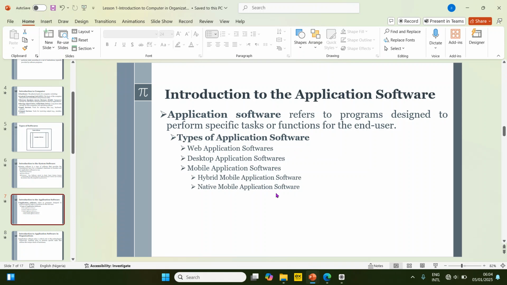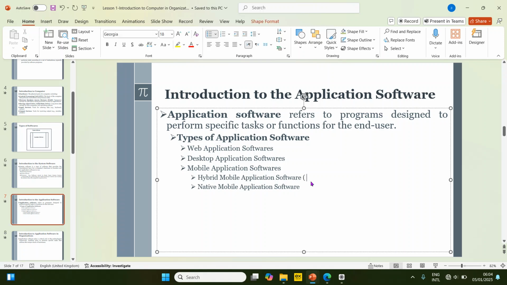The mobile application software is of two types, which is the hybrid mobile application software, which is built on web technologies and a mobile wrapper. So we also have the native application software. We won't go that deep, because this is just a computer organization class. We won't go that deep into hybrid or native. But just keep in mind that mobile is of two types, the hybrid application software, which uses web technologies. And the web technologies that it uses mainly are